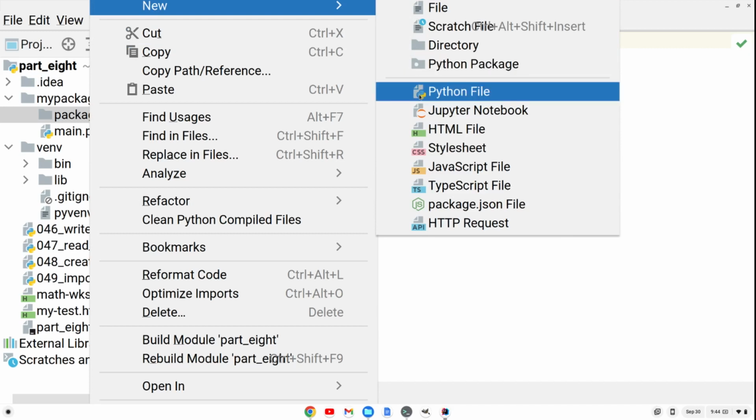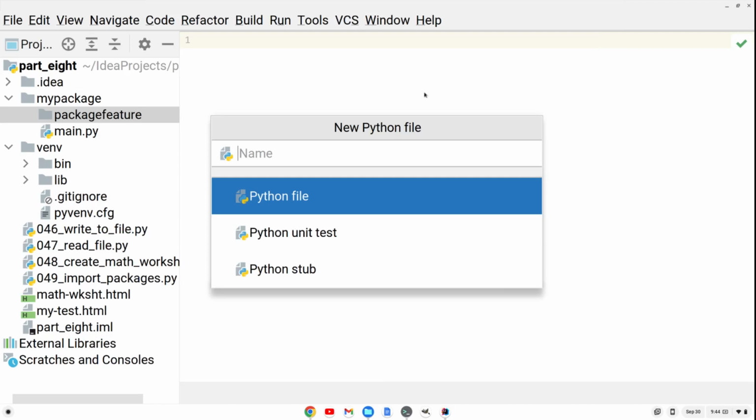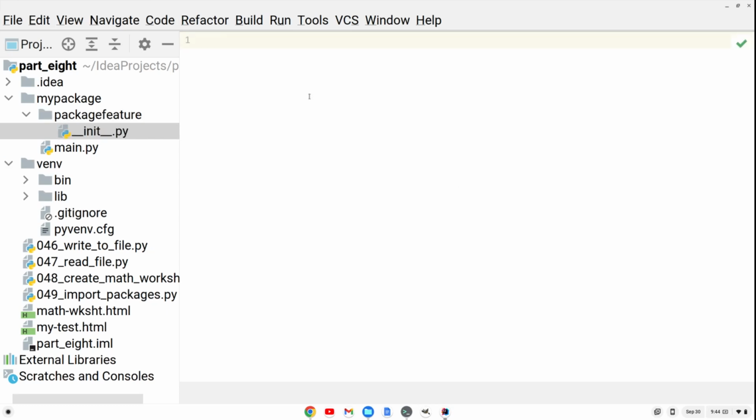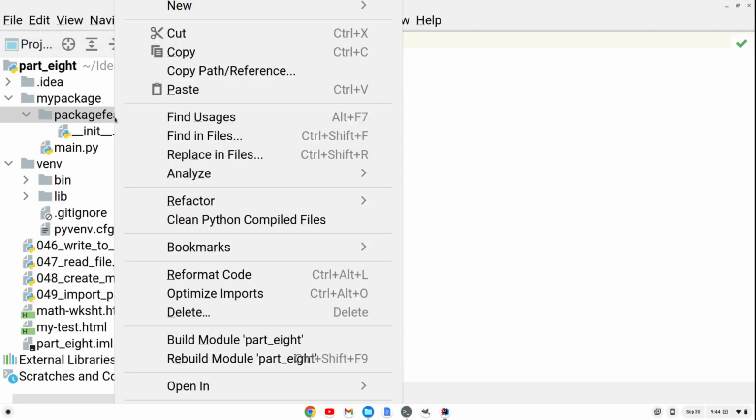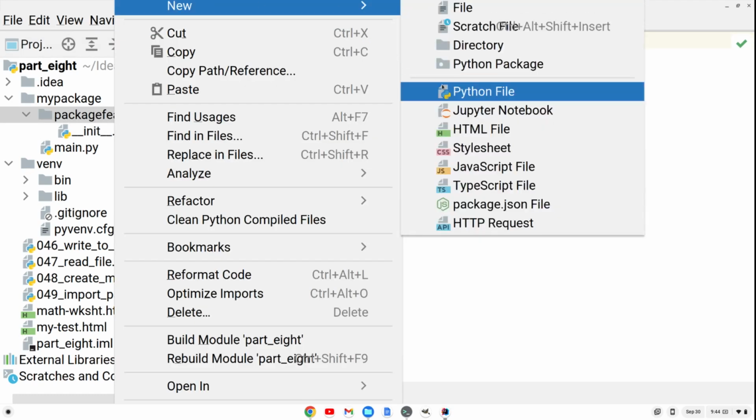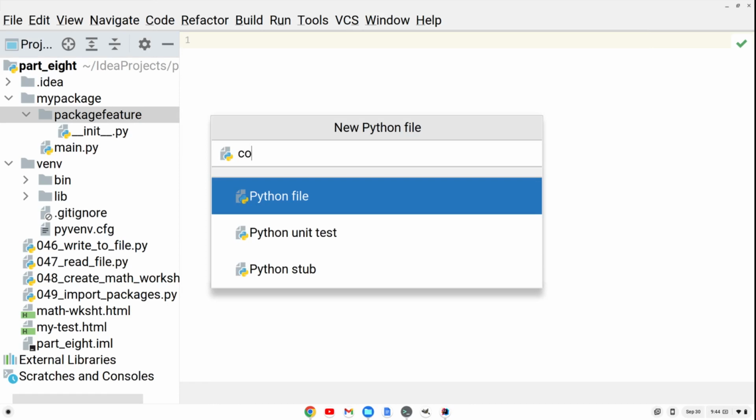Python file. Let's do a dunder init file, which is something we'll run, dunder_init.py. This will run if you access any of the files within this package feature. Okay. And let's also create a new Python file in here. Let's call this